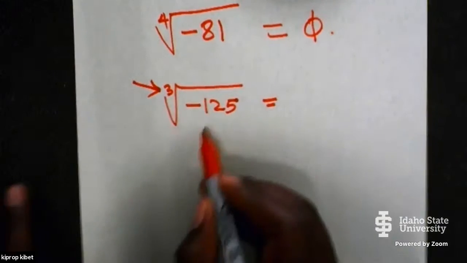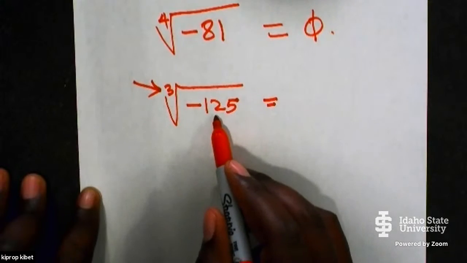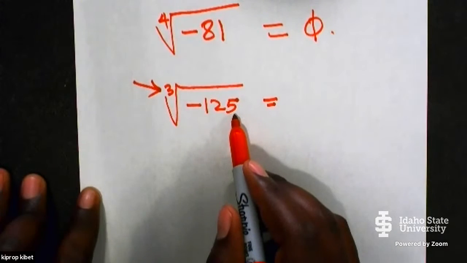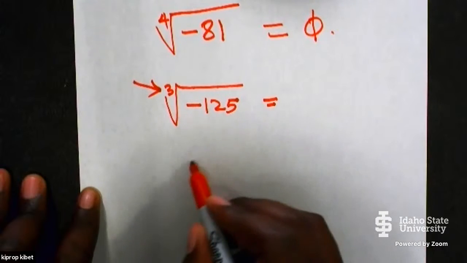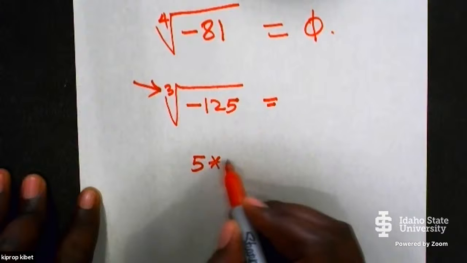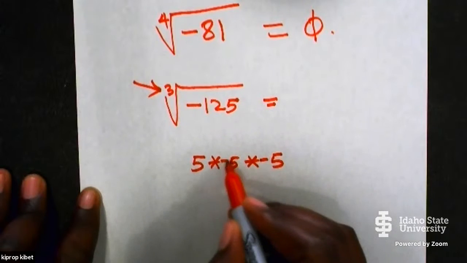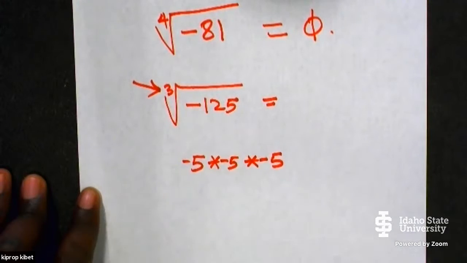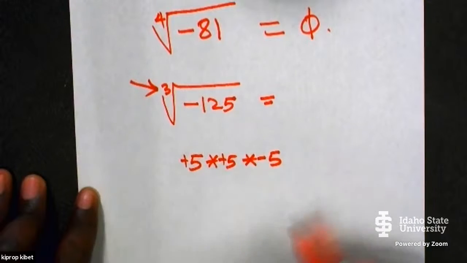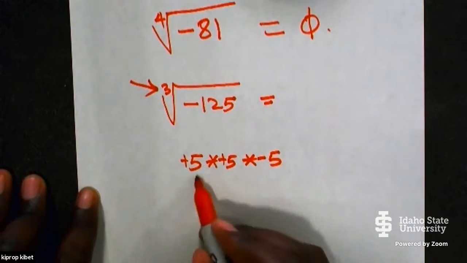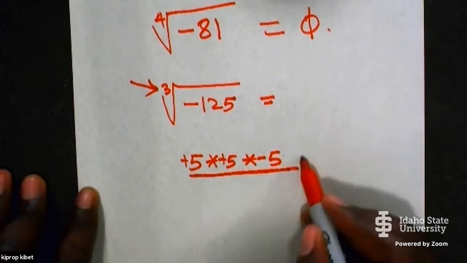Here, 125 is 5 how many times? 3 times, right? So it is 5 times 5 times 5, and there is a negative in all of it. So one of them will cancel, two of them will cancel, and what you remain with is equal to minus